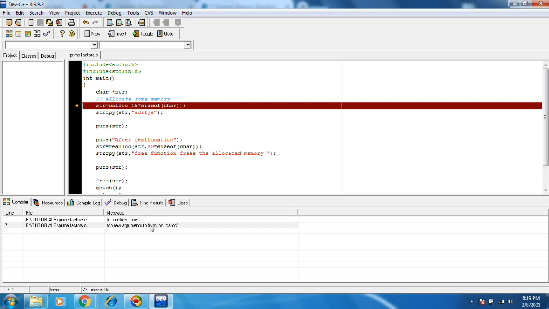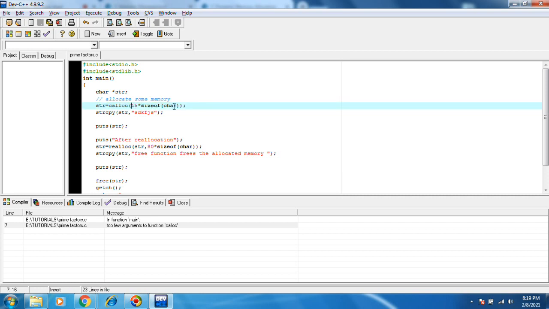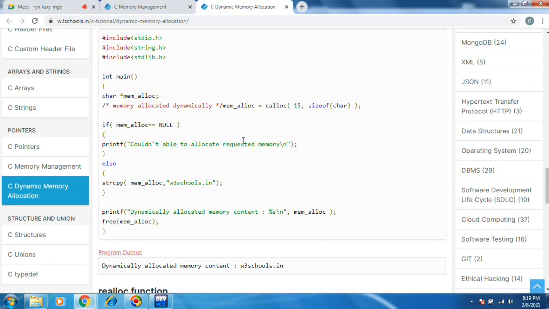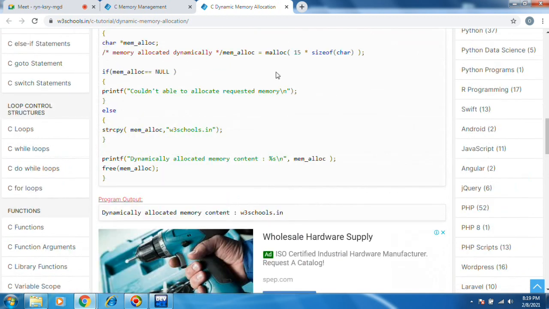Too few arguments to calloc. For calloc, there will be a comma. You should give a comma here. In malloc, you should give a star. This is the difference here.